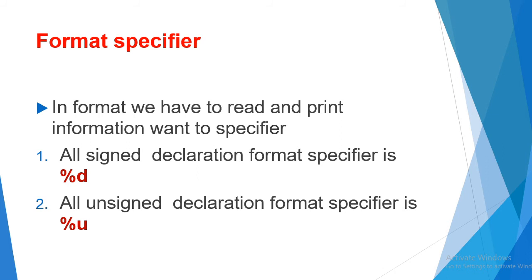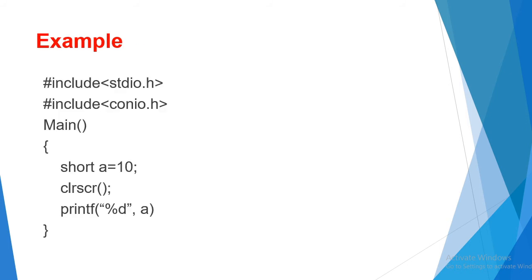In which format do we want it: in integer format, signed short integer format, or unsigned integer short format. That time you can use these specifiers. How we can use them, we will see in the example. See here in front of you, I have given one example: hash include stdio.h. Don't look at the header files yet, only look at the main function. Some functions are already available in the computer. Main function is already available in the C programming library.